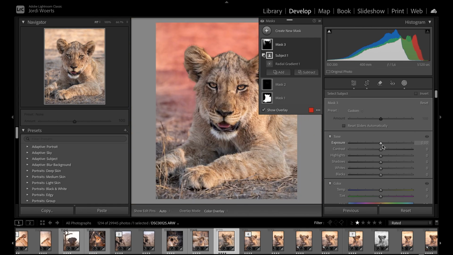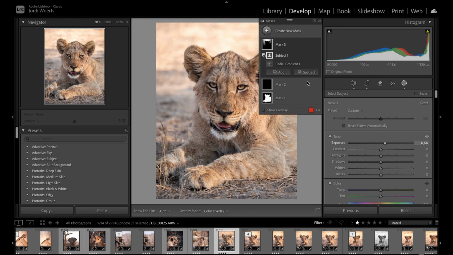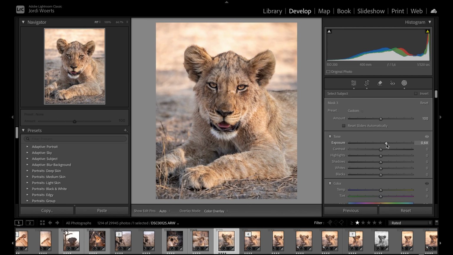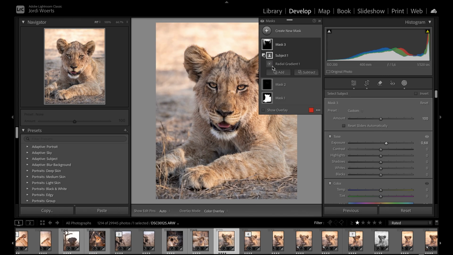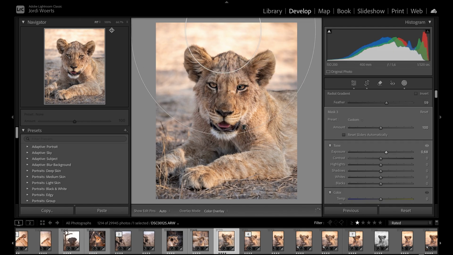So let's just get that going. So I'll put the exposure up quite intensely here. That's a bit too much. Let's go a little bit down. And also I don't necessarily like the radial gradient 100%, so let's go back to the radial gradient and put that a little bit wider on both sides.